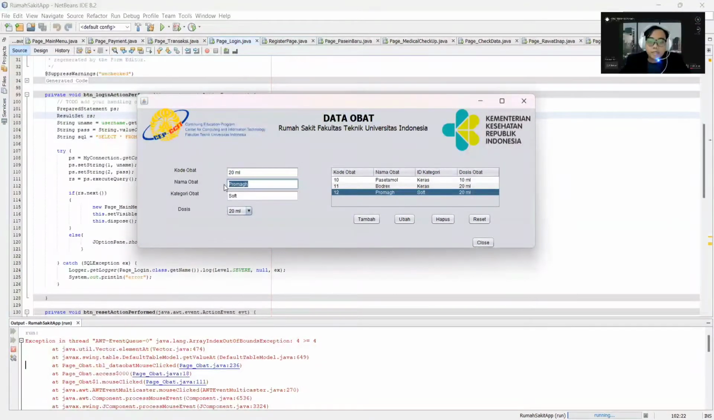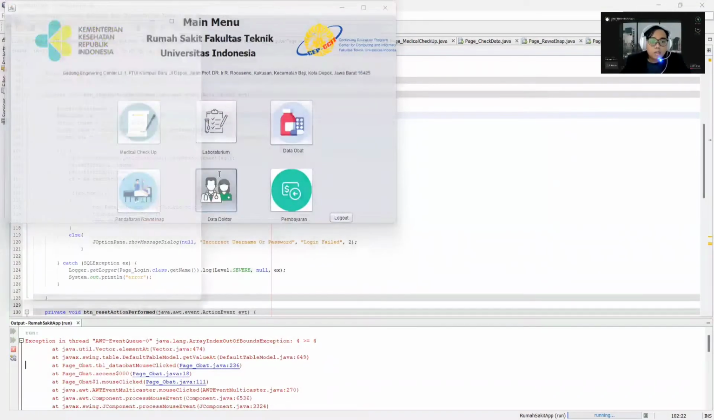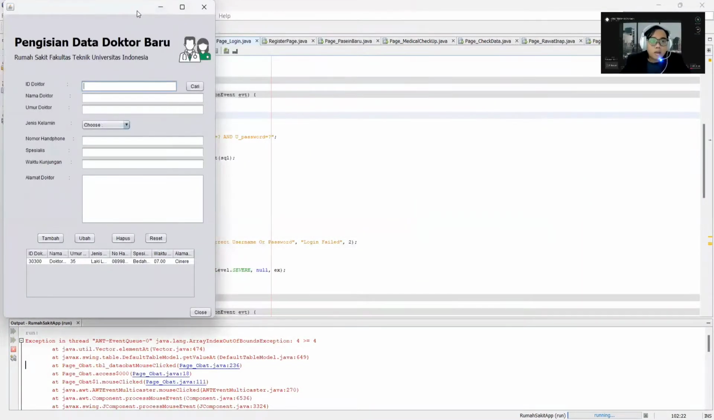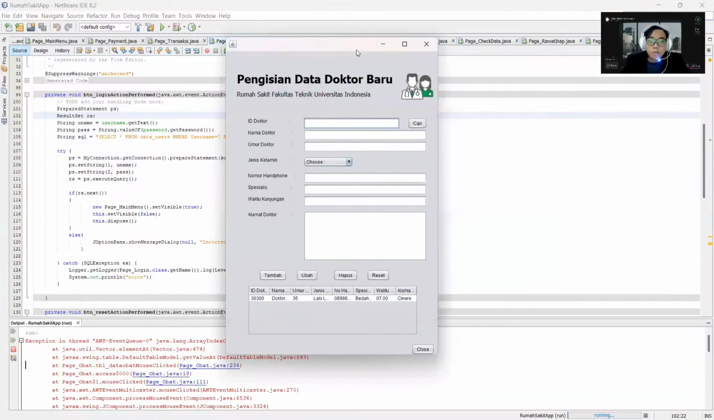In this page. Okay, we're going to close this data obat, and the data doctor is also the same as the data patient. We just fill the data in this page, for example, like this. I'm sorry. We are going to fill the data, 303001 for nama dokter. I'm sorry, zero is too much. Nama dokter